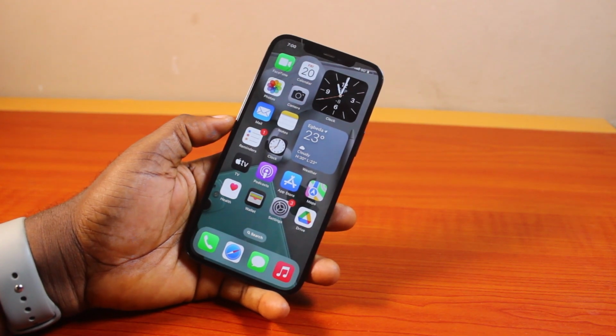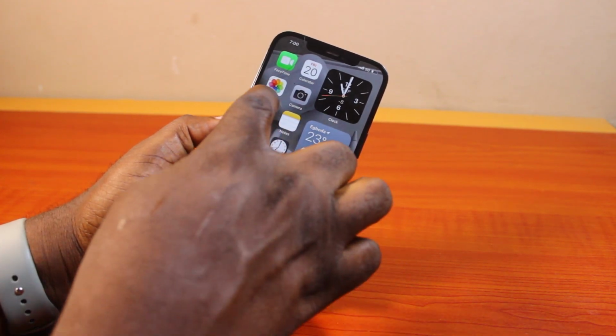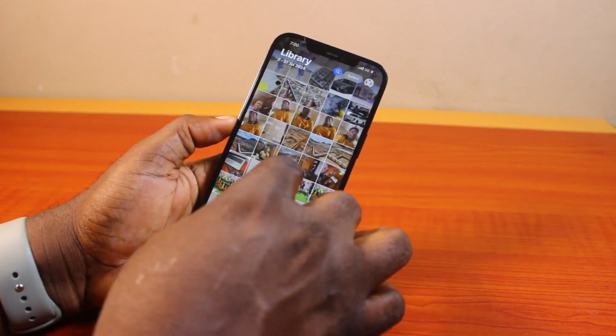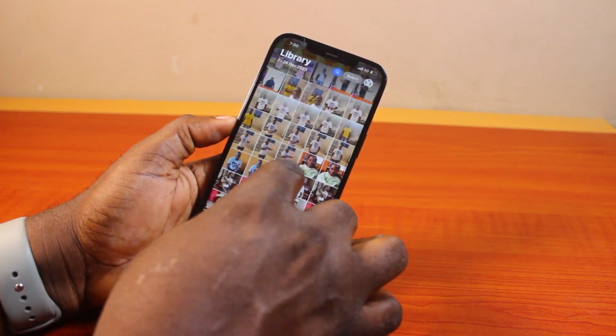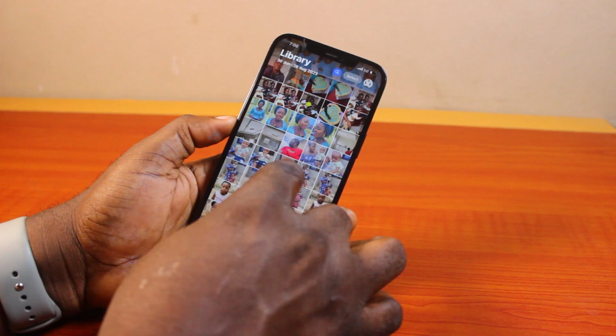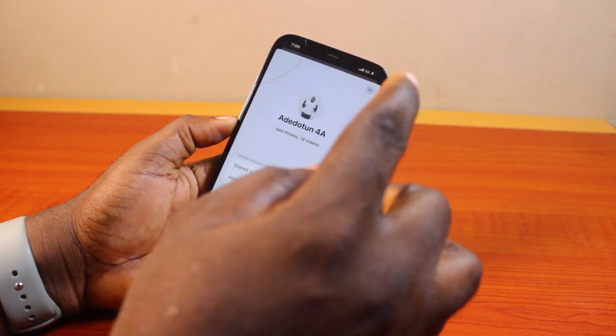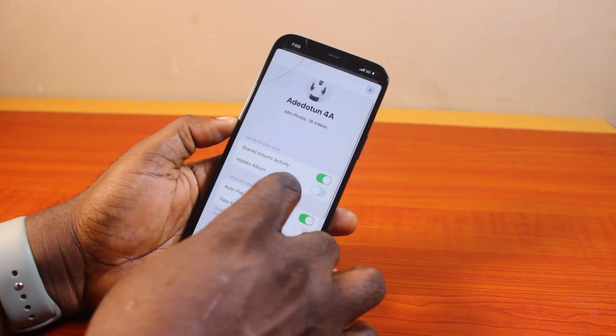how to turn off mobile data in the Photos app on iPhone iOS 18. So if you are running the latest iOS 18, you will discover that mobile data is turned on in your iPhone Photos app, so it can easily update or upload your iPhone photos to iCloud. However, if you want to do this only on Wi-Fi, then this video is going to show you how